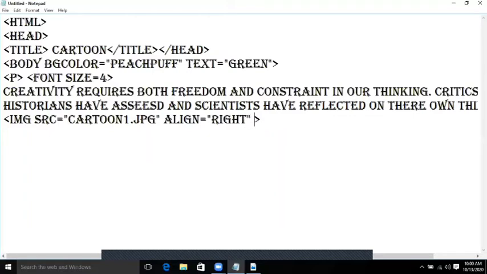After that, hspace is a tag for horizontal space and vspace for vertical space. I'm using the value 30 for hspace, and after that vspace, meaning vertical space, is also 30, and after that the height and width tags will be there.